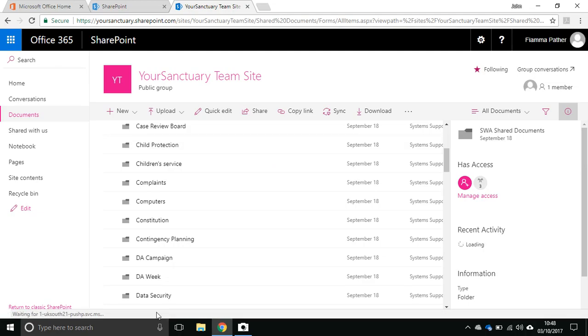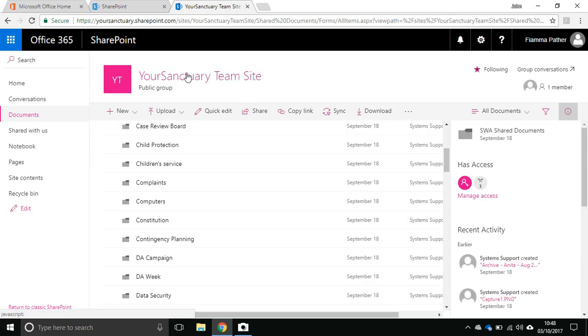All I'm using on that local machine is my browser, which happens to be Google Chrome. Could be Internet Explorer, could be Safari, could be anything. So that's kind of all I want to show you for now, for the first introduction to Office 365.